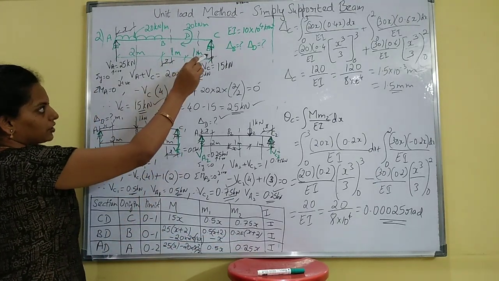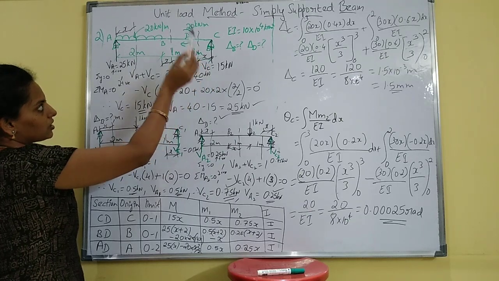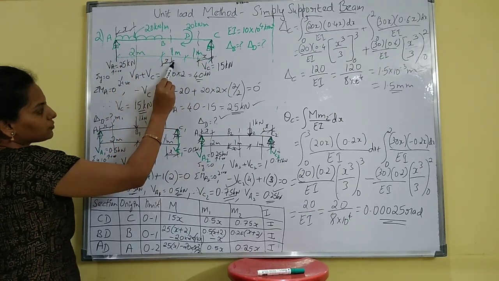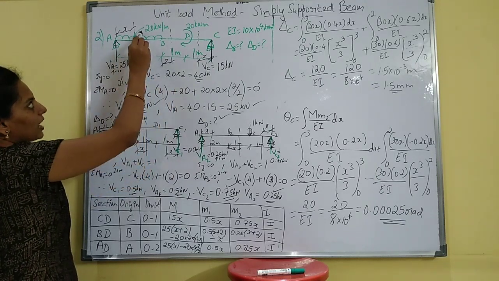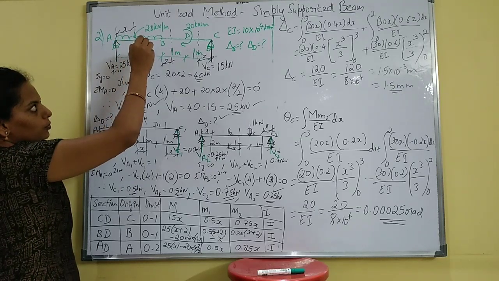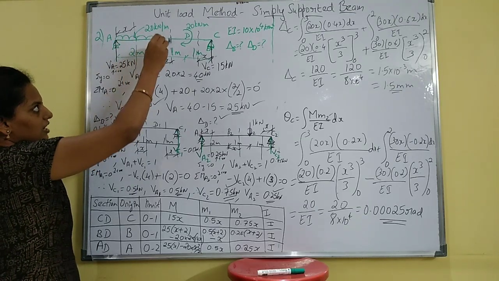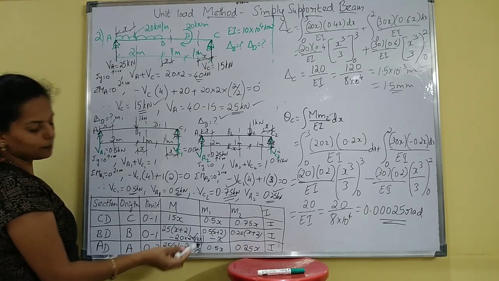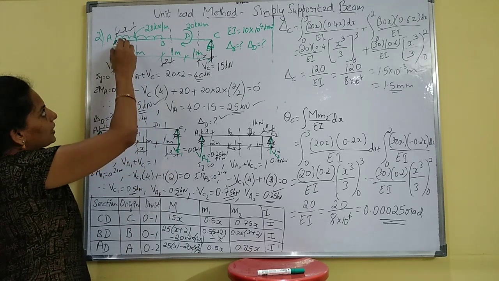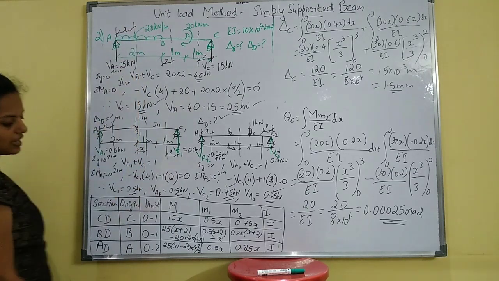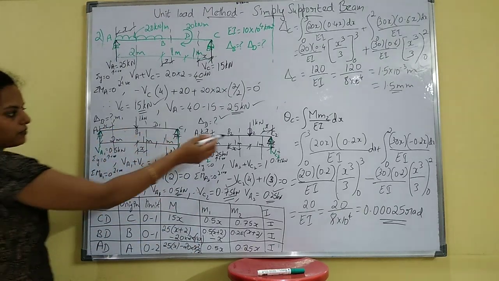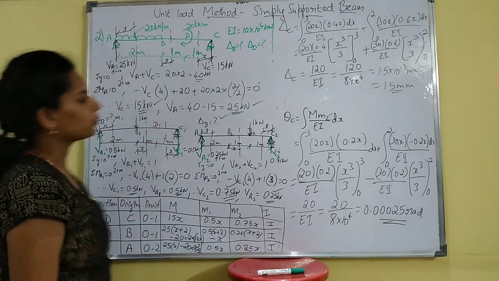Now first here you have to take the x, so you will have this into this. Now B as origin, so you have 25 into, you have to consider this full distance, so x plus 2, and minus, this is downward, so minus 20 into 2 by 2 will be 1, and you have to consider up to the section, so it will be 1 plus x. Similarly for this, 25 into x and minus 20 into just x distance, x into x by 2, so 20 into x square by 2. Similarly for this diagram M1 and for this diagram M2.